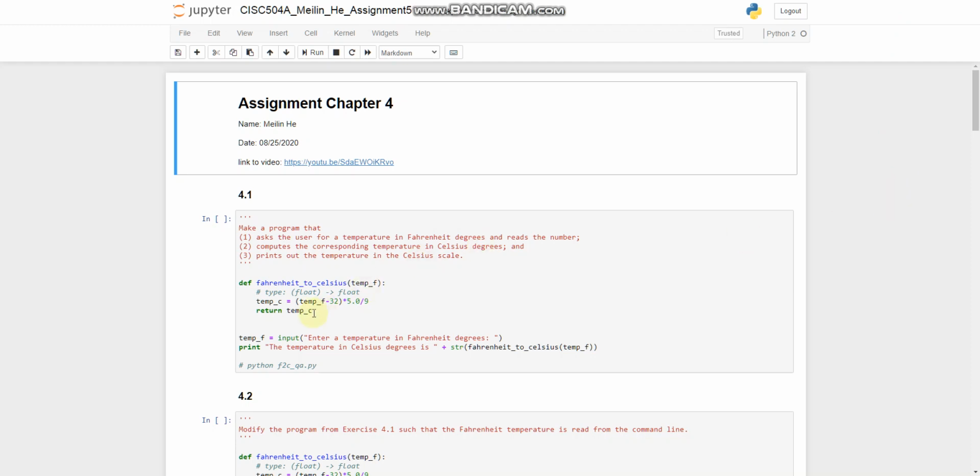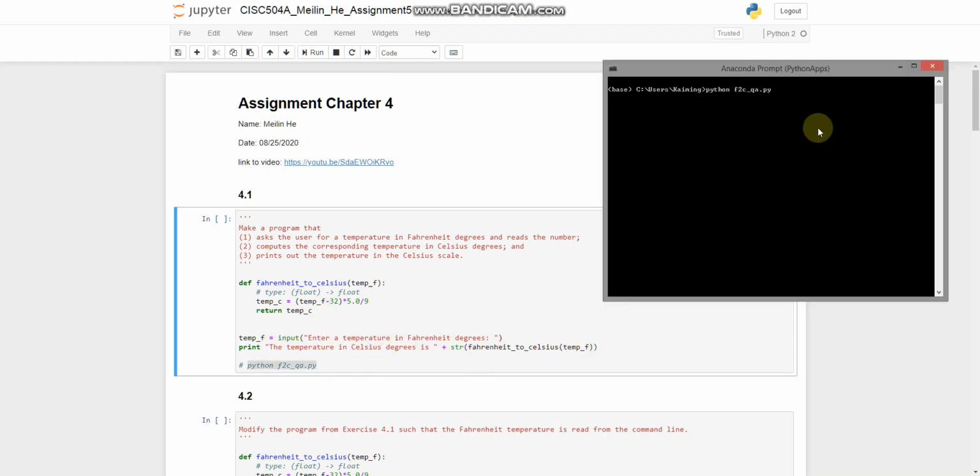The first question is to make a program that asks the user for an input as temperature in Fahrenheit degrees and turn that into temperature in Celsius and then print out the results. So it will ask me for input, and once I input that, it will give me the results in Celsius